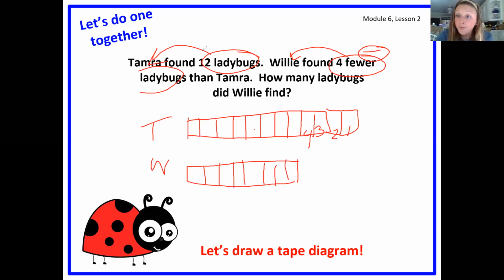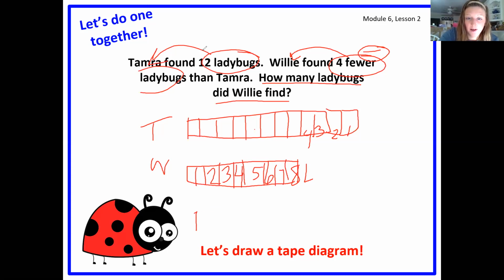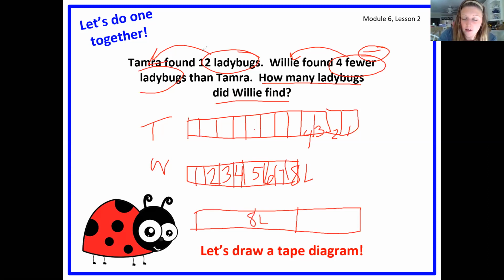Just like that. Okay, so how many ladybugs did Willie find? Let's count. 1, 2, 3, 4, 5, 6, 7, 8. Willie found 8 ladybugs. So I can use this comparison to help me with my tape diagram, okay? This tape diagram is going to be as long as Tamira's because Tamira had the most, and it's going to stop right here, where Willie had the 8 ladybugs, and I know that there were 4 fewer,